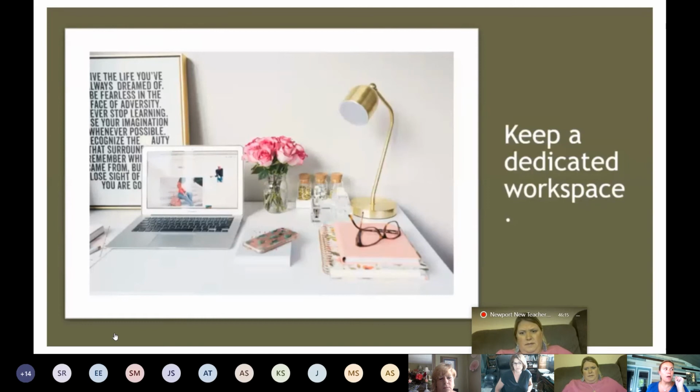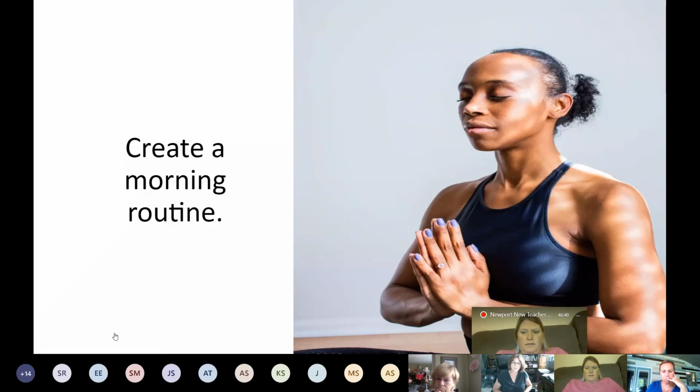If you're in the classroom, make sure that you think about this setup for when you're going to have your live interactions with kids. The lighting, of course. Think about what you need near you while you're doing that, whether that be certain manipulatives, a book that you want to show. And then same thing too when you're recording a video. So you just want to think about that space and making sure that you have everything you need.